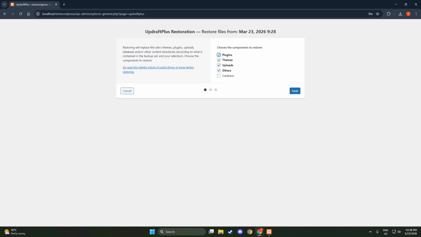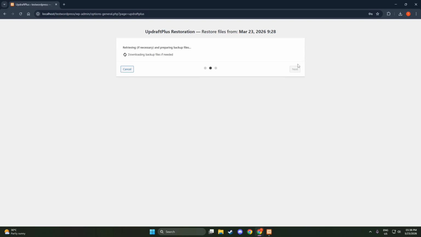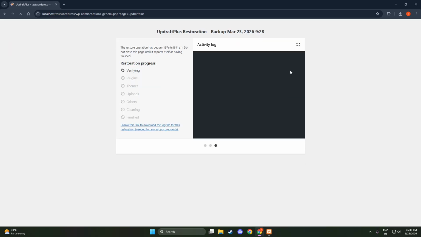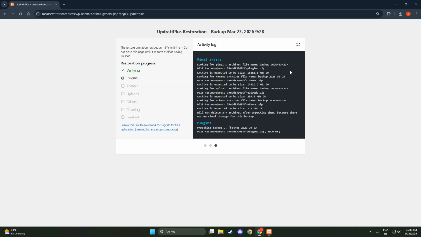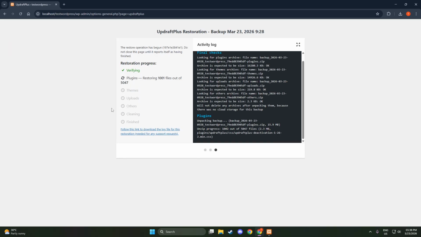Now confirm the restore. You'll see a summary of what's about to happen. Go ahead and confirm. Keep the browser tab open and let the process run without refreshing or navigating away. Depending on your hosting and the size of your backup, this can take several minutes. You'll see progress messages as files are unpacked and the database is updated. When it finishes, you'll get a success message indicating the restore completed. That's it. You've restored your WordPress site from a backup.